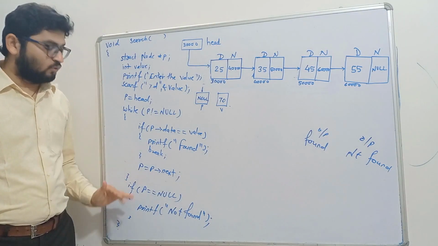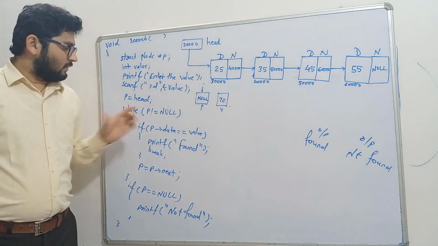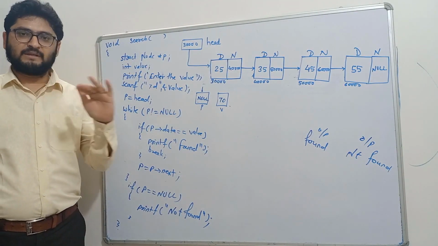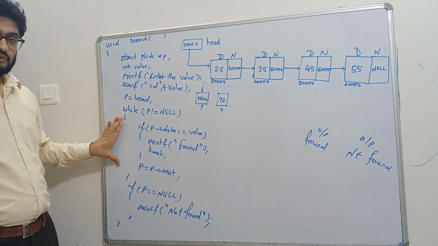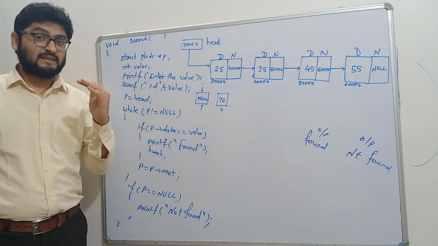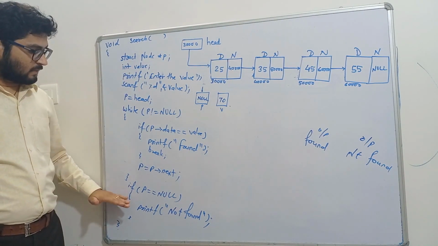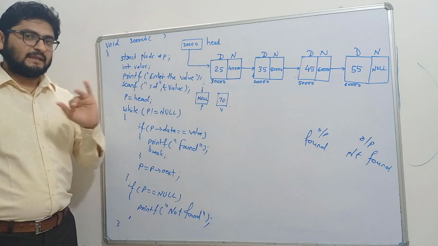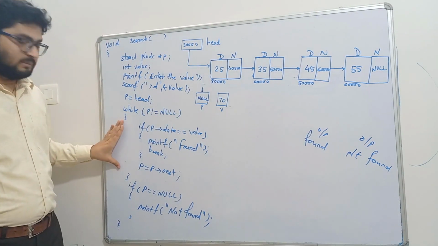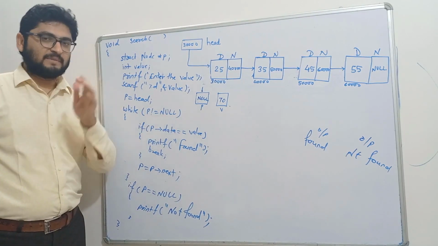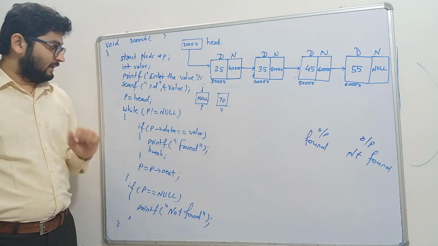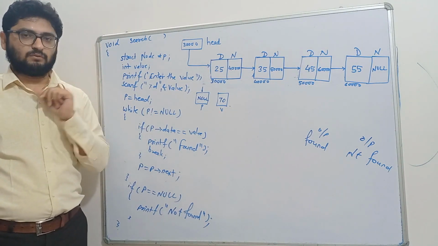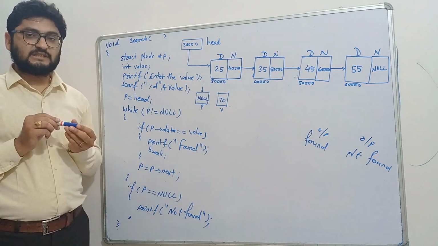So the logic behind this code is nothing but if after the completion of the while loop, P is equal to null, that means the number is not found. And after the completion of this while loop, if P is not equal to null, that means the number is found. Let me repeat once again. Logic of this code is that after the completion of this while loop, if P equal to null, that means the number is not found, and if P is not equal to null, that means the number is found. So that is all about the searching in the